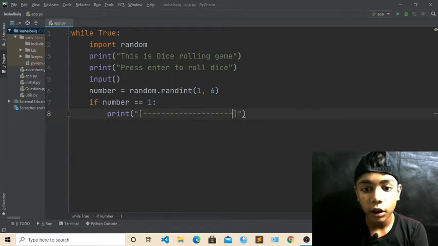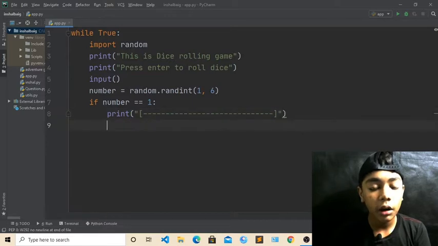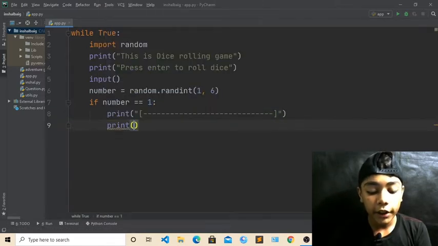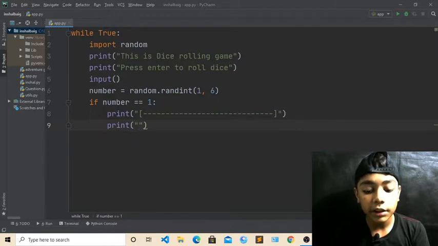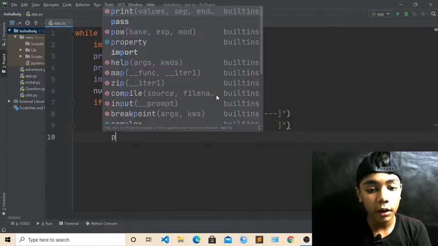You can see we have done till here. Now write print again, and then add spaces another time. Now write another print statement over here.